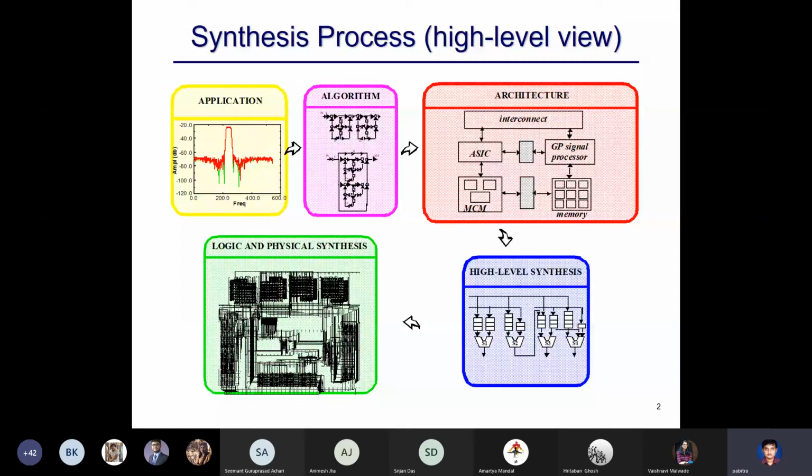You are given an architecture for realizing this, maybe a set of interconnects, some memory, some signal processor, some CPU, and so on. And this architecture is then transferred to something called a high-level synthesis, a high-level description, maybe a gate level or a block level description.